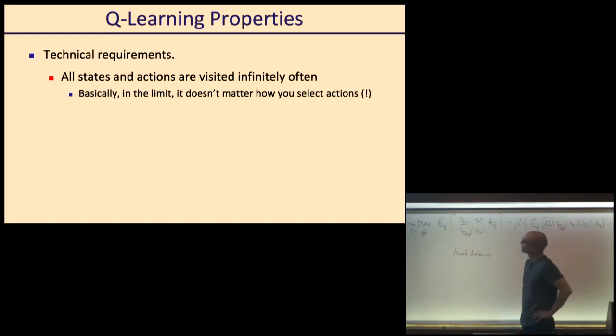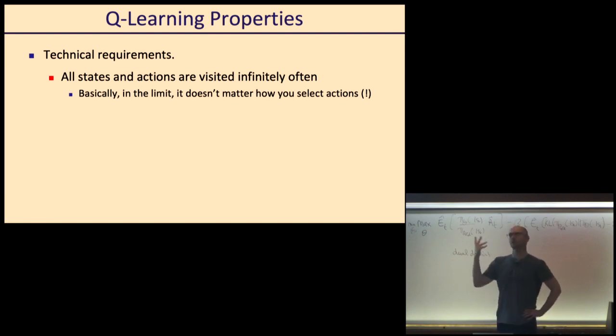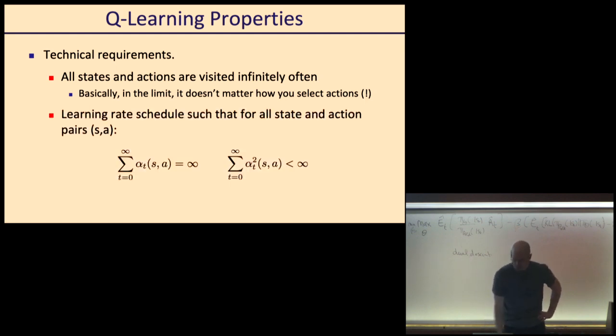To make it a little more technical, we need to visit all states and actions infinitely often. But it doesn't matter how you select actions. You just need to make sure there's enough exploration. You visit all states and actions infinitely often. And the learning rate schedule that you could use is this thing here. You ensure that your alpha t, where t indexes over time in your experience, alpha t's sum to infinity, meaning